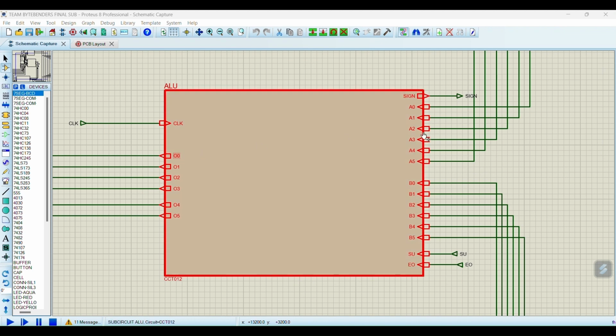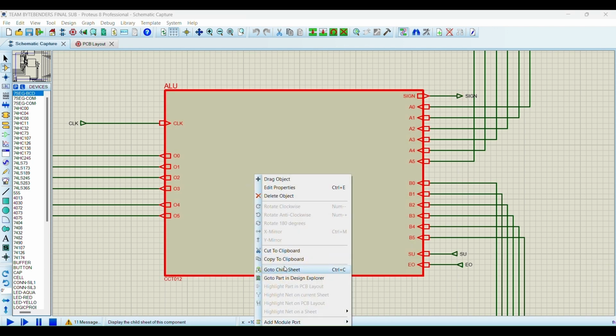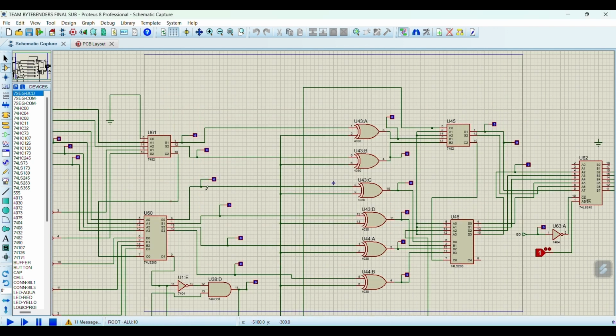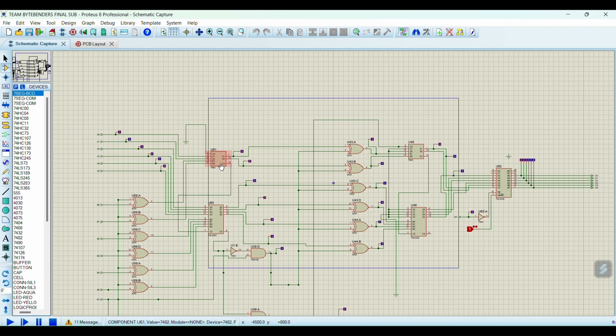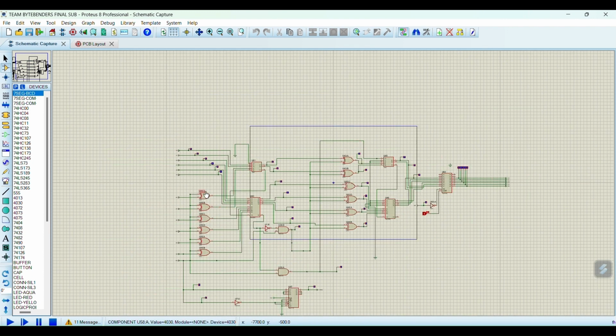There is also an output sign indication to indicate whether the output is positive or negative. Now let us see the child sheet of our ALU. From the child sheet of our ALU, we can see that the ALU is mainly made of full adders, XOR gates and a flag register which carry the output from the adders to bus bar and also indicate the sign